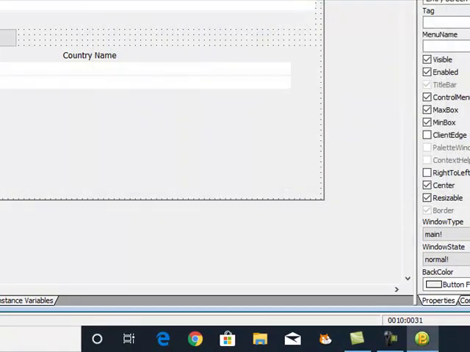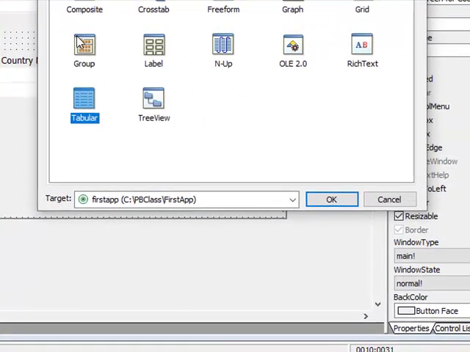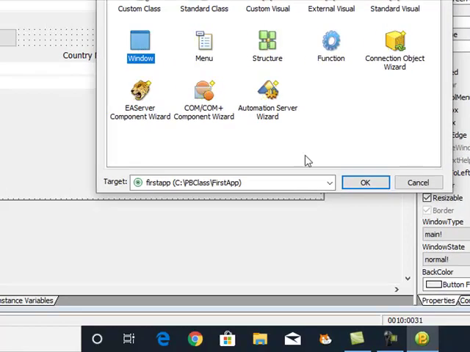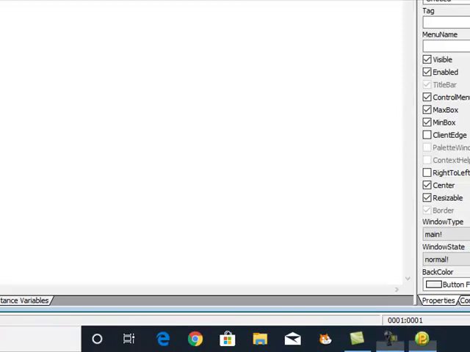Okay, I click here, new, right, and then what I will do is I will select a window. Okay, this is the window. Okay, and what I will do is I'll give